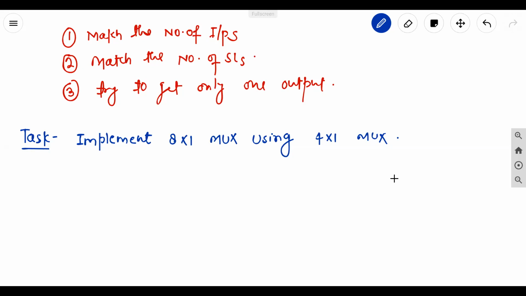So in the last video, we have seen the implementation of 4 is to 1 mux and 8 is to 1 mux using 2 is to 1 mux. But in this video, I am going to discuss the implementation of 8 is to 1 mux using 4 is to 1 mux. Okay. So in the last video, I discussed three basic concepts of implementation of higher order multiplexers